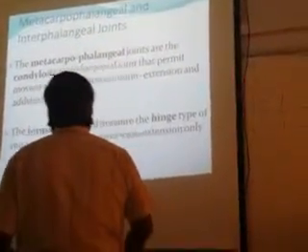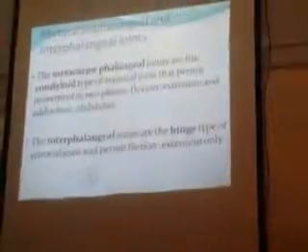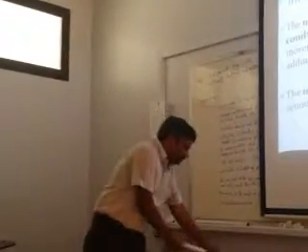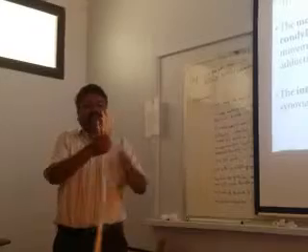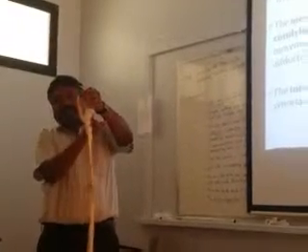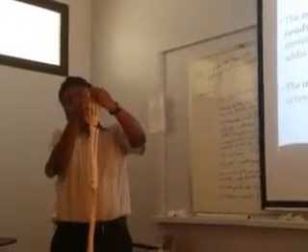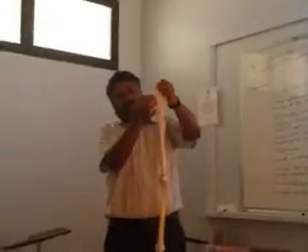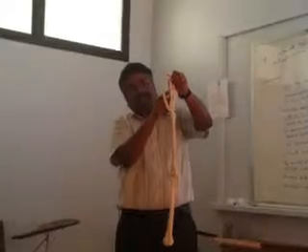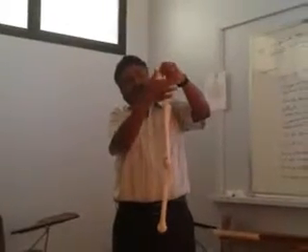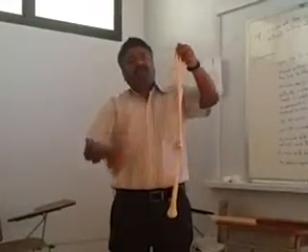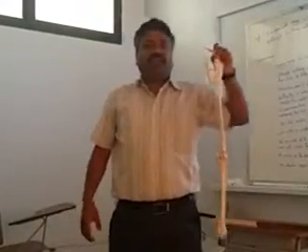So now metacarpophalangeal. This is between the metacarpal and the phalanx. These are the metacarpals, right? Now these are the proximal phalanx, middle phalanx, and distal phalanx. The proximal phalanx and the metacarpal head. This joint is the metacarpophalangeal joint. They are all condyloid variety of synovial joint.